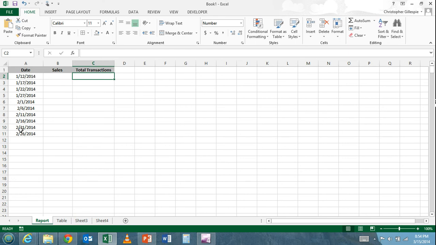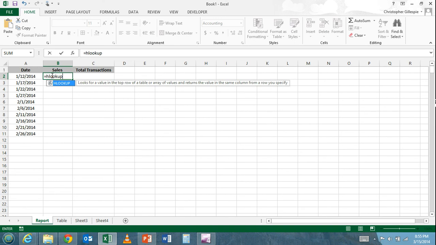Now we know that all the dates exist in our data report, so we're not going to use the function to tell it, go give me an approximate value, although it would probably be fine because the dates do exist. But it's just good to know what that range lookup is for. So let's get started. As always, you'll start your formula with an equal sign, and we will type in HLOOKUP,